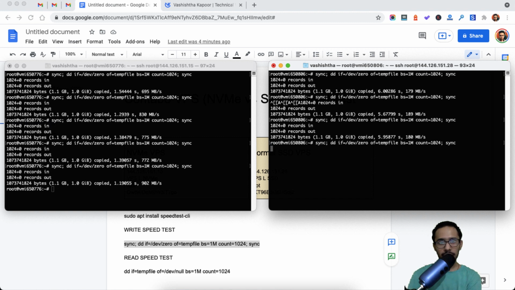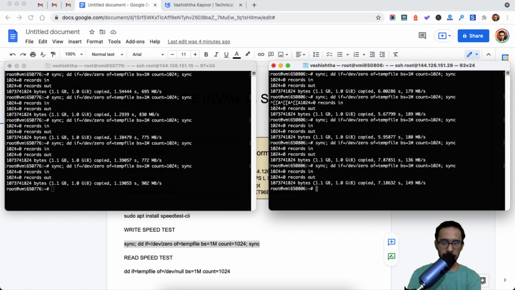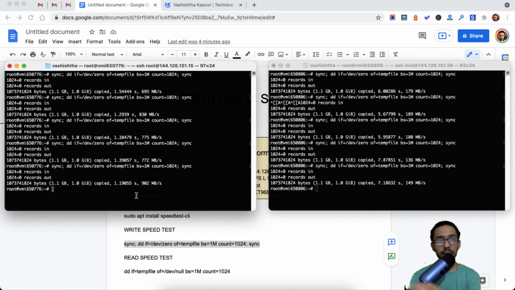So basically the writing speed of the normal SSD is not more than 200 megabytes per second. So that is why this NVMe storage VPS is clearly outperforming the normal SSD server. The highest speed the normal SSD server is giving me is just 180 megabytes per second, while the NVMe storage is giving me 900 megabytes per second.